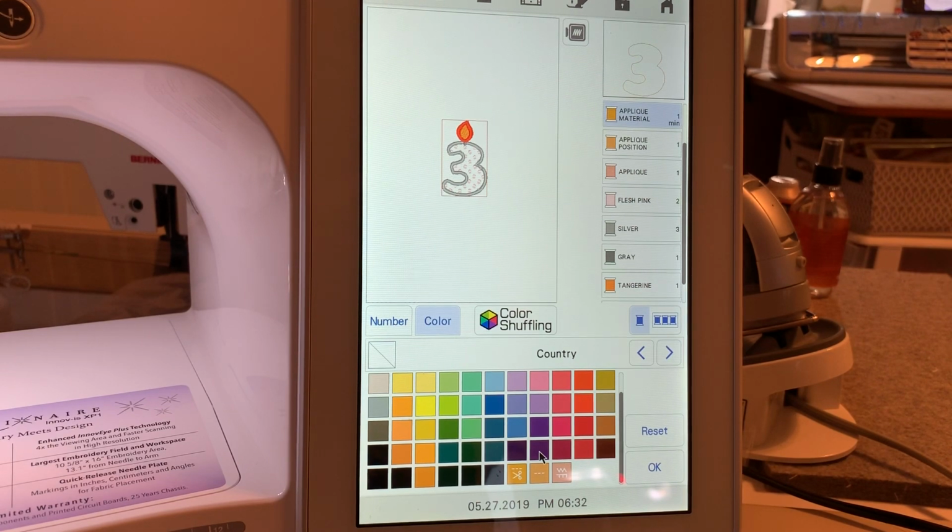CM650W. It was a top of the line model that was sold only at a dealer up until August of 2018. And then Brother came out with its replacement, which is the SCX225, and you can only purchase that machine at the dealer as well. That machine will read any of the files from your Luminaire, and when I say any, I mean the PHX files,